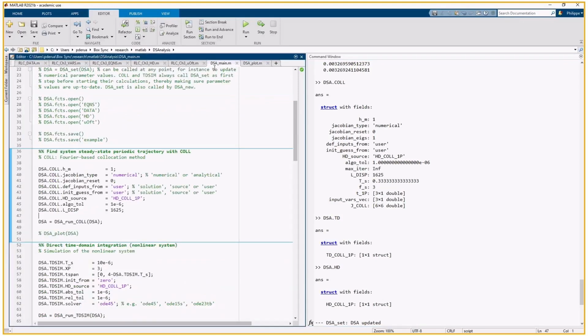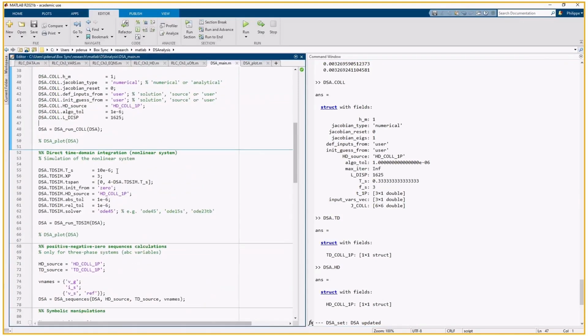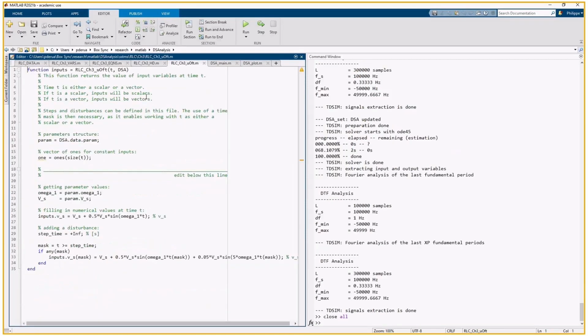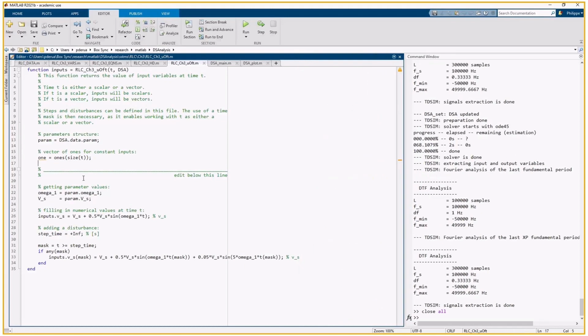Another type of calculation that we can do with this particular system is a time domain simulation. This is one file that I have not presented yet. This is the file that gives the inputs as a function of time. Here it was defined in the very same way as the harmonic spectrum, with a constant part and a sine wave with 1/2 of the Vs value, which is equal to just 1/2